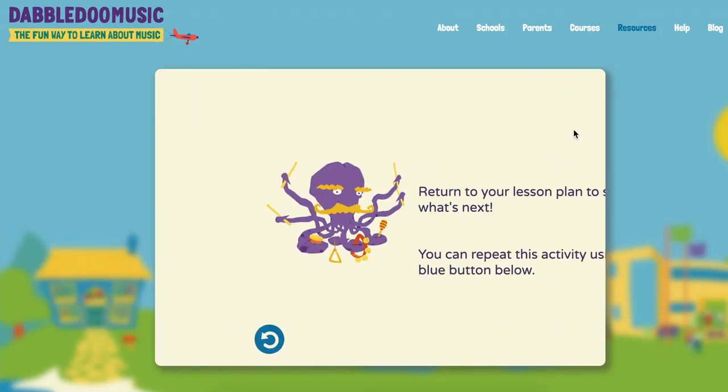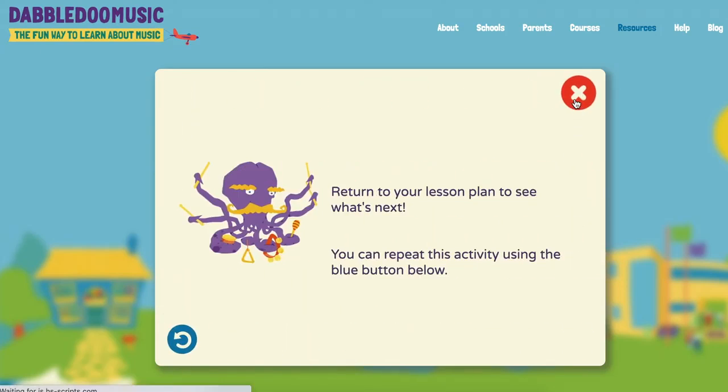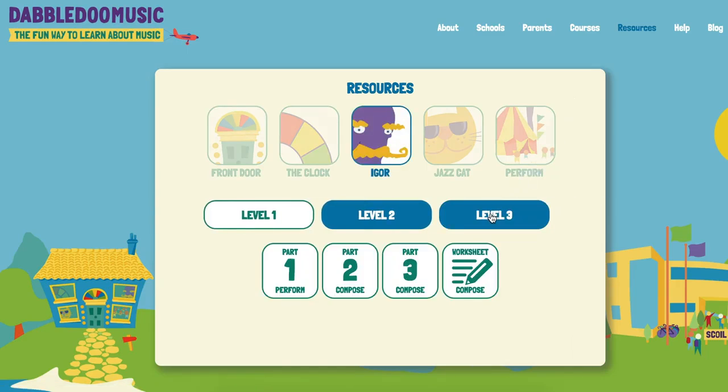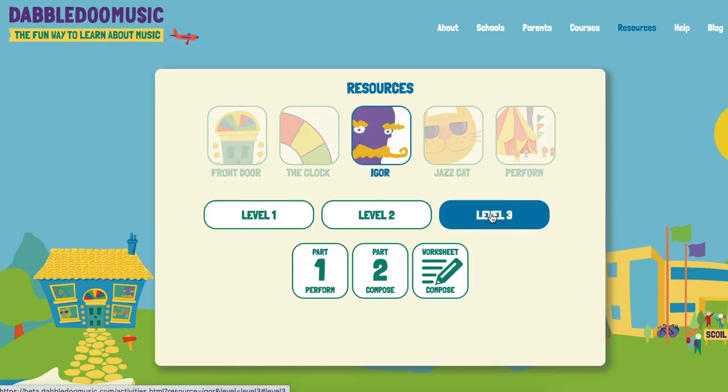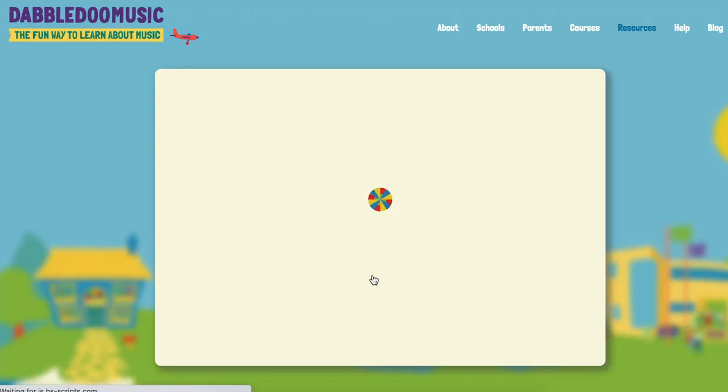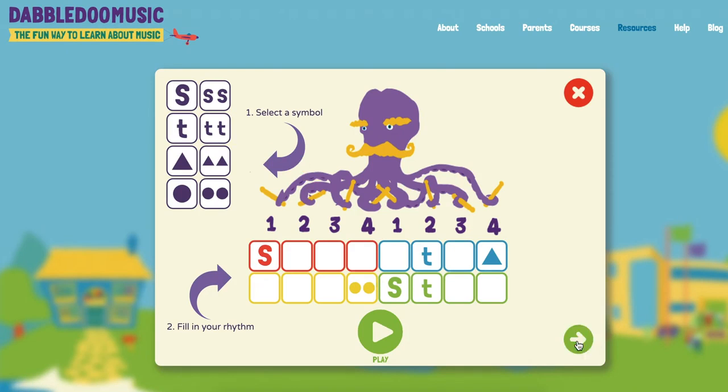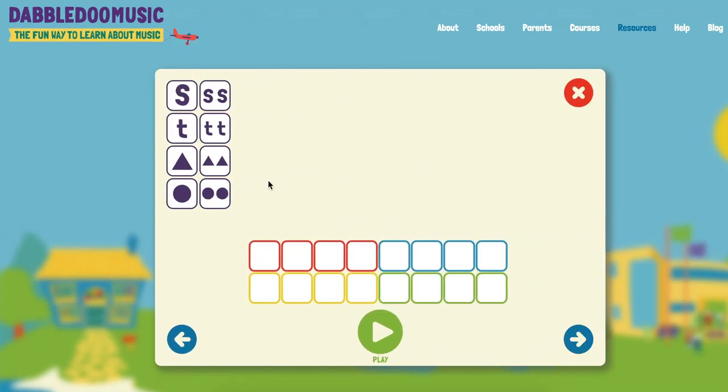So that's another one of the resources that develops, as I said, pulse, rhythm, and learning to count and perform together in a group as well. So we can perform as 4 different separate groups playing at the same time. So again, that levels up for the older classes, where they can have the option to compose their own, but this time around, as I said before, this would equate to crotchets, but we now have an option of 2 quavers here. So this is where we're getting closer to conventional notation, but through a simplified version of notation that's accessible for all the teachers and accessible for all the children in the class, regardless of their previous musical experience,